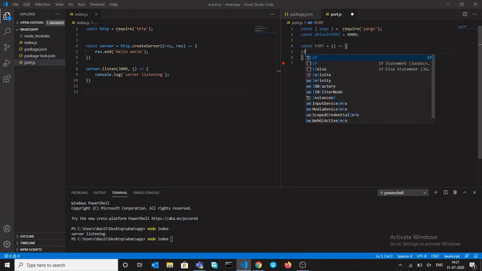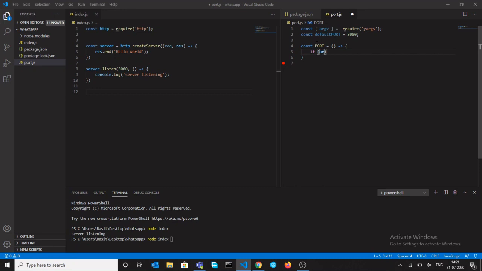So I'll say if argv, which we just imported here, argv.hasOwnProperty, let's say port. If it has port, then I'll return something here. I'll return an object containing some stuff, else I'll return an object containing some stuff. So what's going to be that stuff that I'm going to return here and here? We'll decide it later. But first I'm going to export